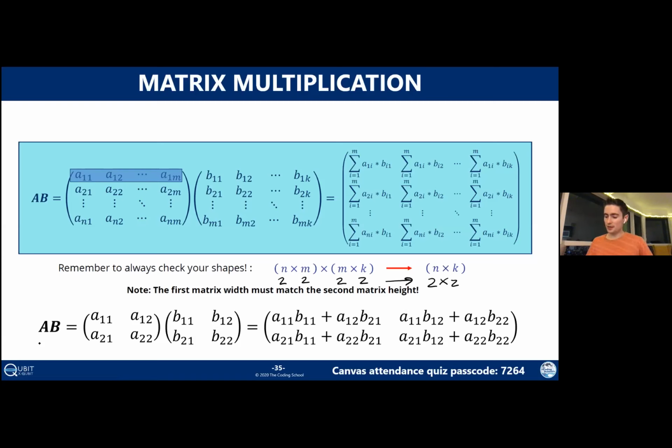The way that you multiply two matrices is you start off with rows in the first matrix and columns in the second matrix. So here I've highlighted the first row of the first matrix, the first column of the second matrix, and then you multiply each of these row and the column together. And all I mean by that is you take the first element here, the first element here, multiply them together, add it to the second element and the second element multiplied, and then you just keep doing that.